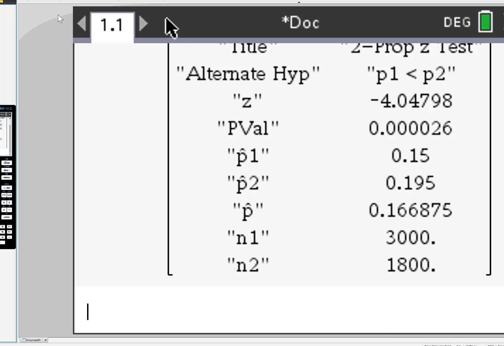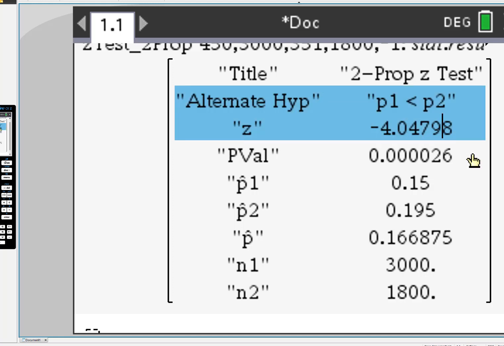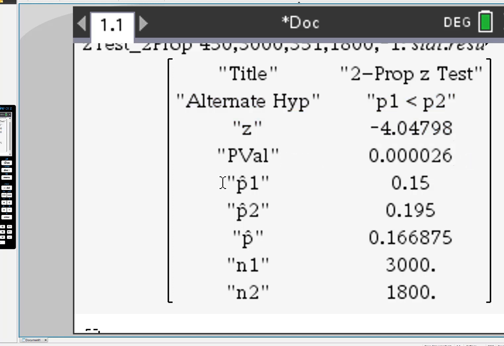And here's all of our information. You can see that there's a lot here. So we write out our title, 2-prop z-test. We don't need to write out the alternate hypothesis because we already have that written down, but we do want to write out our z. We want to write out the p-value, and then we want to write out this p-hat because that's that pooled proportion that I was telling you guys about, that we at least want to make sure that it's there and present just in case anybody's looking for it. So now let's go back and write out all of our results here.